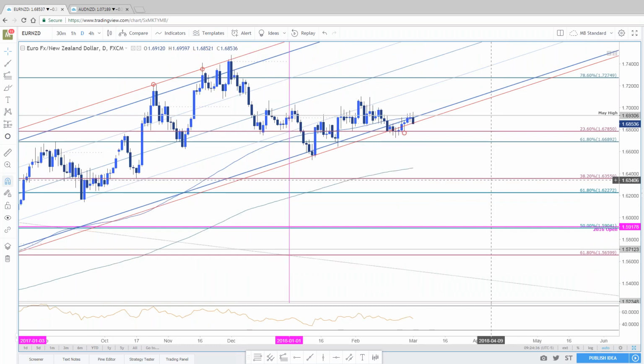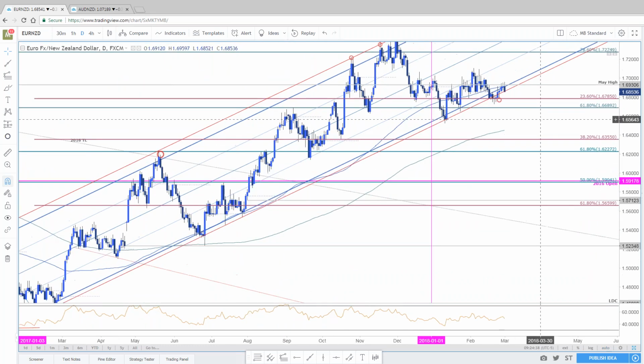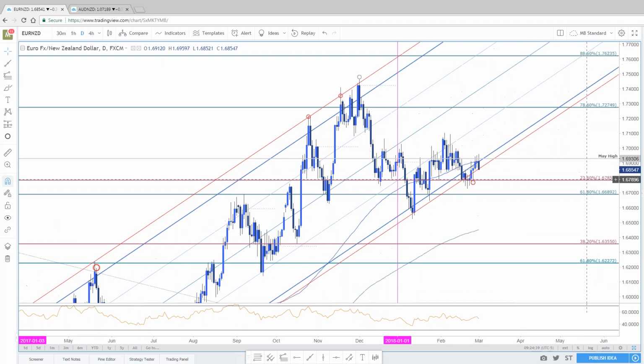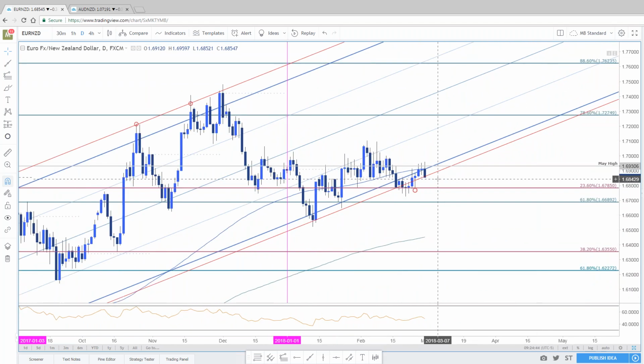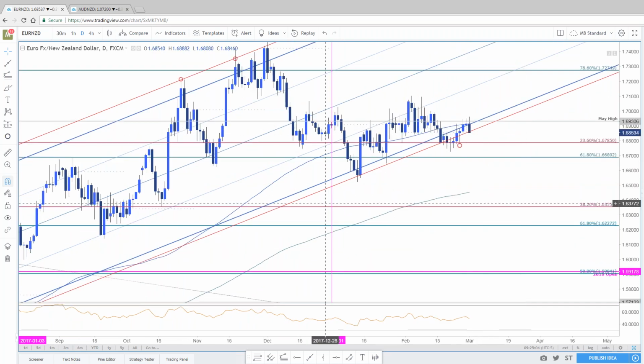Right now, all things held constant, if the markets were to close at these regions, obviously we haven't even opened up US trade yet, but you are working on an outside daily reversal. It covers the entire previous day's session highs and lows, a reversal pattern off resistance. That would obviously be very supportive of the move that you're looking at, just looking at this objectively from a daily chart.